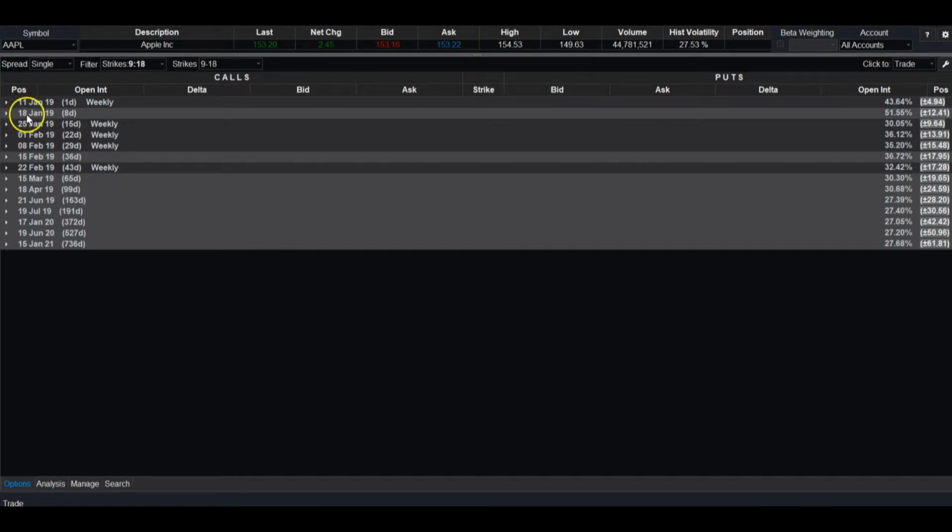We can look at and have the right to purchase any expiration that we want, but it's very important to remember that when the expiration date arrives, if the option has not been exercised or sold in the same way that you can sell a stock, it will expire completely worthless. Let me emphasize that one more time. If you are still holding this options contract, this one in particular, let's choose January